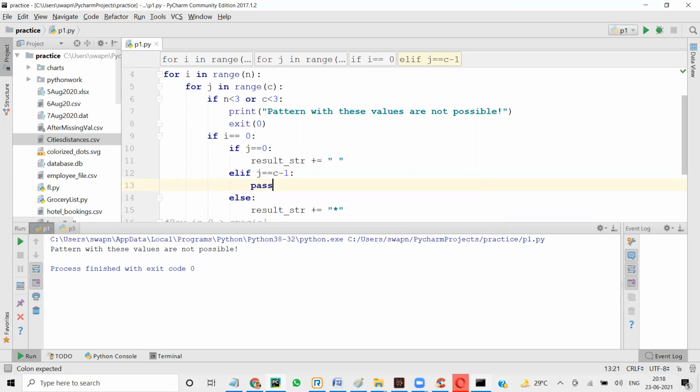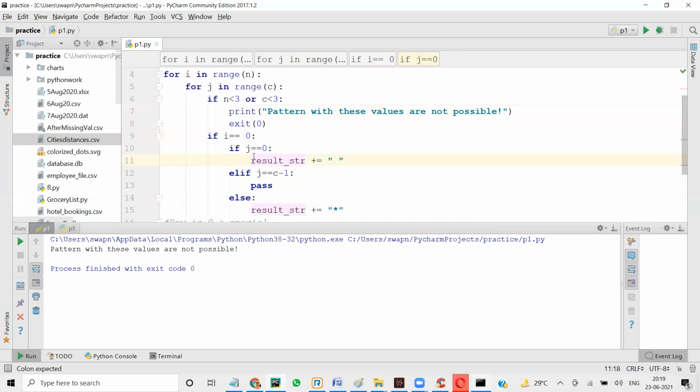Pass is a special keyword you add inside any block. In Python, we don't have curly brackets to open and close, so Python will not know when your block is starting or ending. Python always goes by the indentation. So when I put this indentation here with spaces, it is clearly seen that print and exit is part of this if, and this if is part of this if.